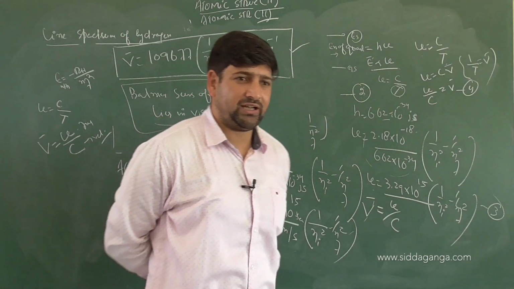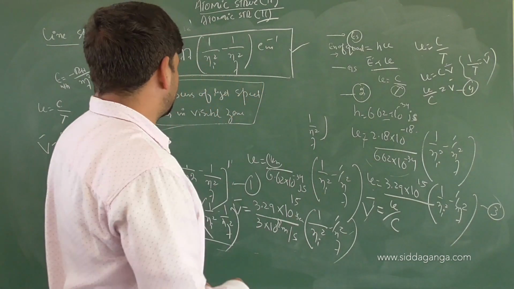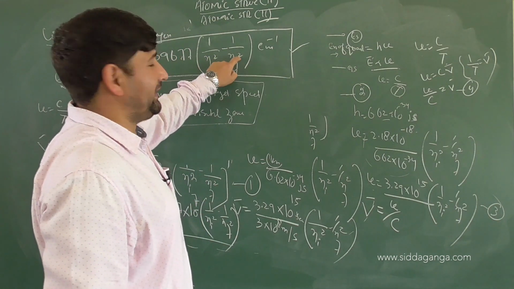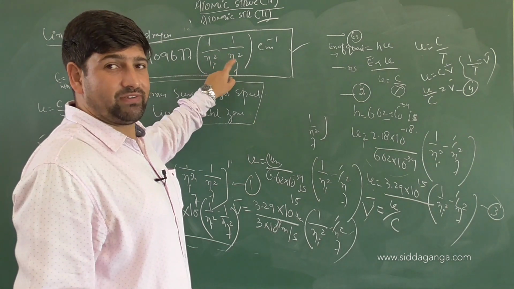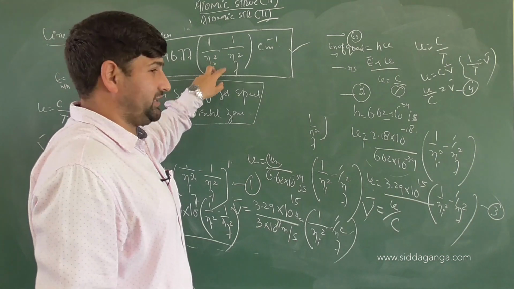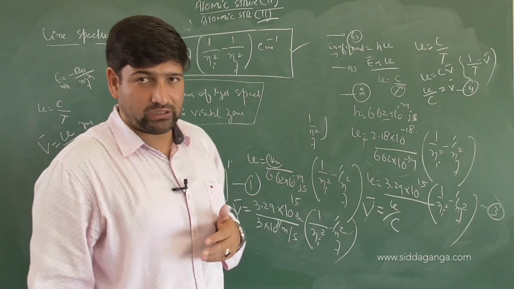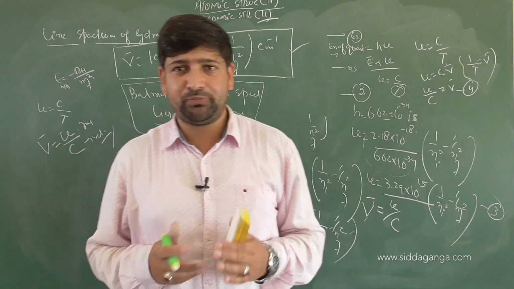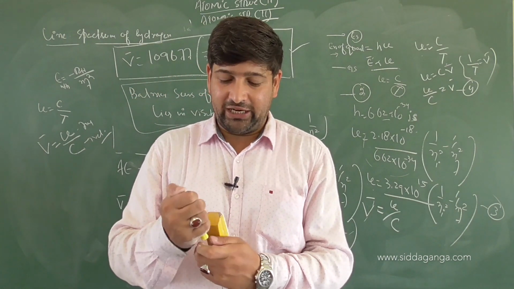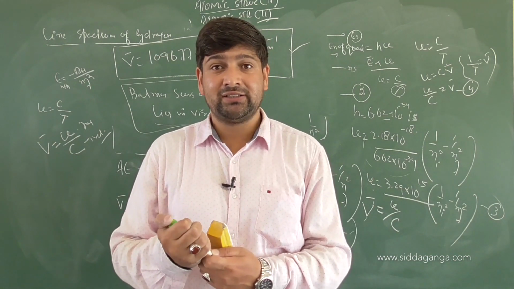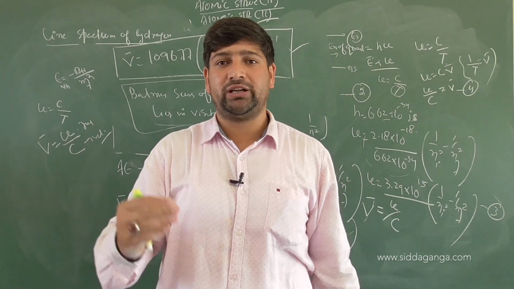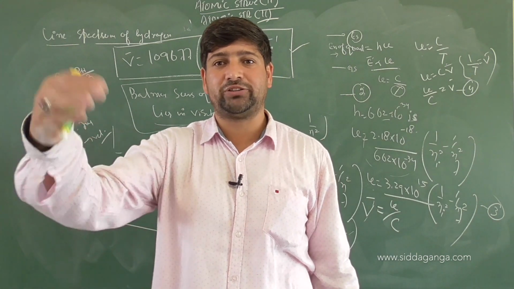Now it must be clearly understood that if, suppose children, n1 square is more than n final square, initial is more than final, is it possible? So initial energy level and final energy level you need to see. When excitation and emissions occur, electrons will be shifted from ground state to excited state. Here when I say excited state, I don't mean it will always be 1. So an electron may be excited from energy level 2 to 3, 3 to 4, 4 to 5, and so on.